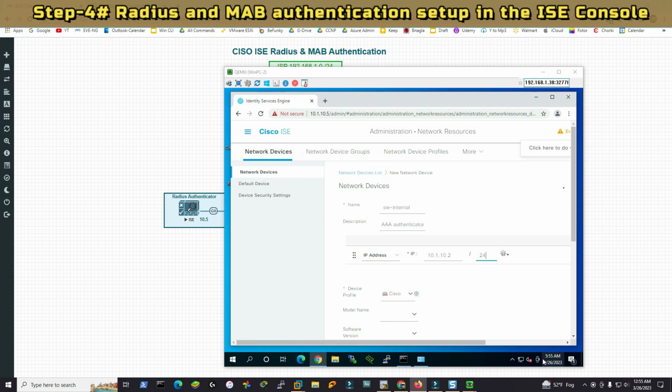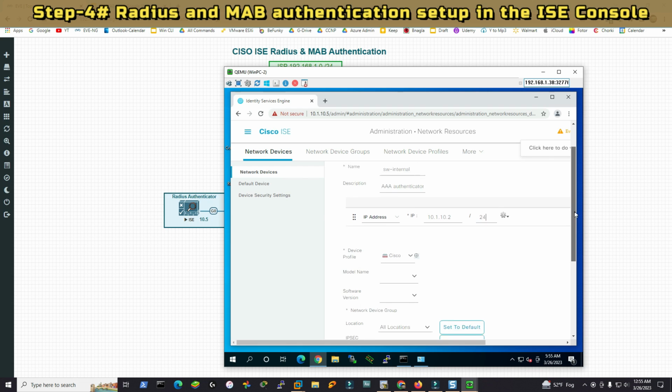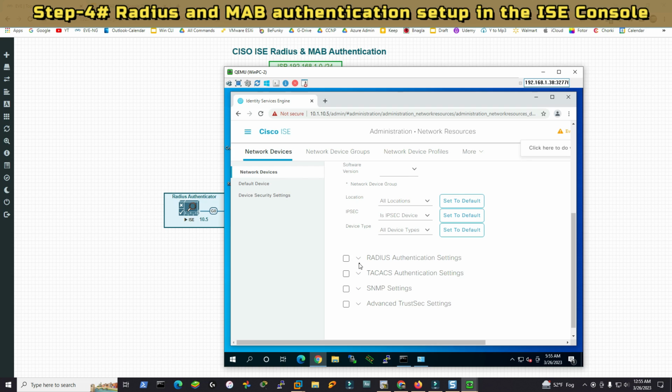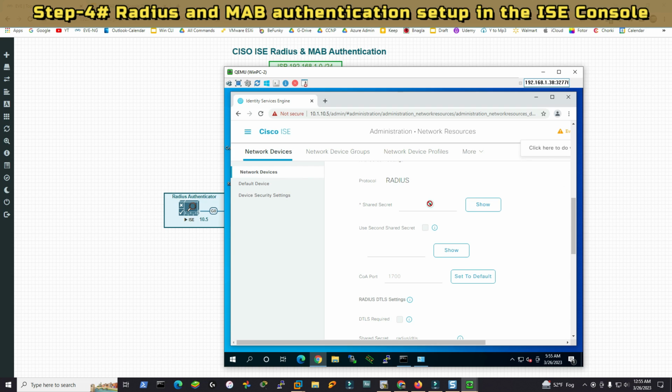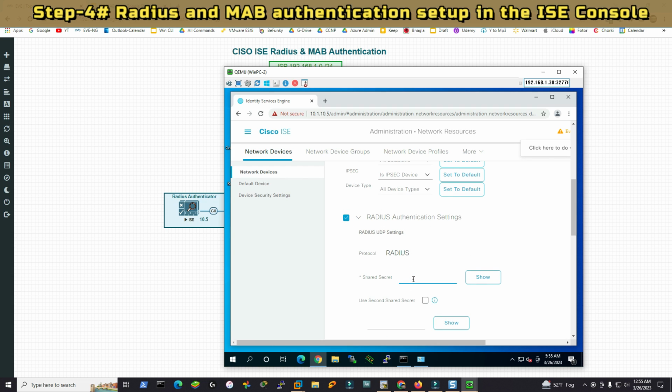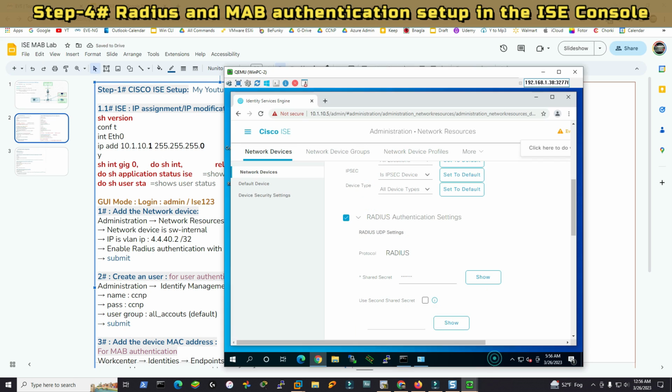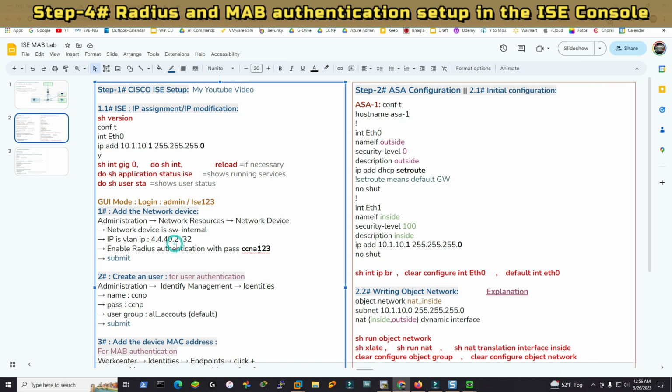Mask, and then I will leave as it is by default. I will simply jump to RADIUS authentication setting, shared key. I guess I have a key here. Okay, I will give CCNA123. Let me type it down somewhere. Okay, all caps. So I'll put all caps,